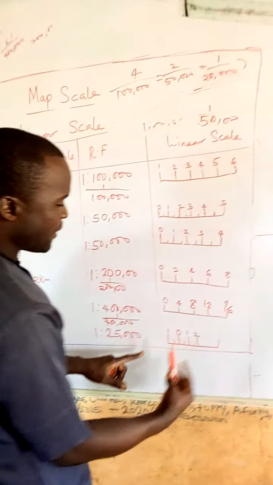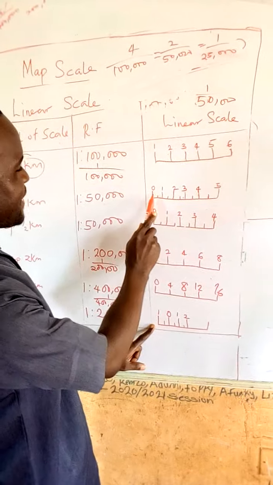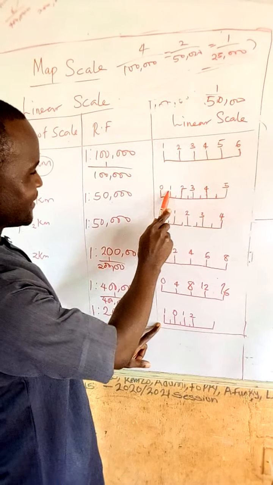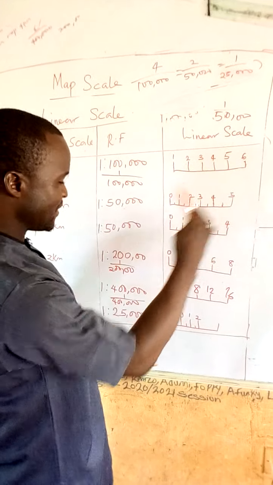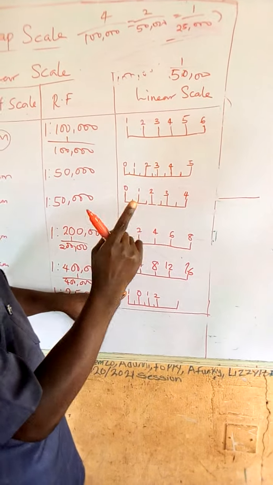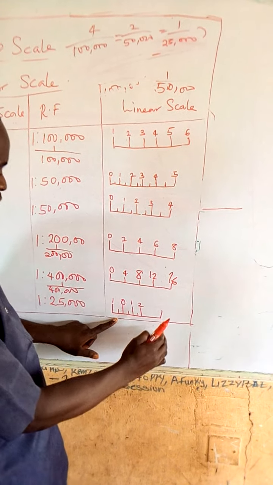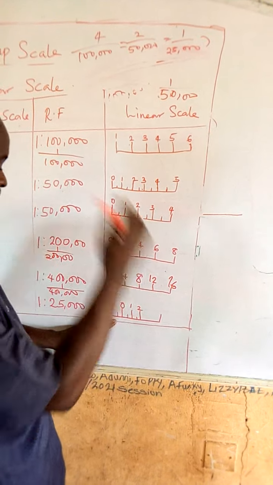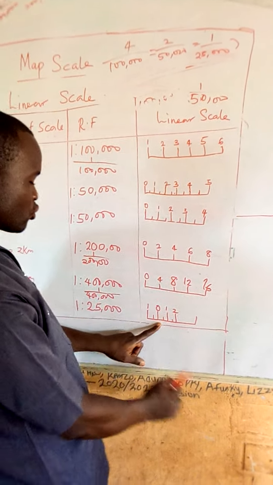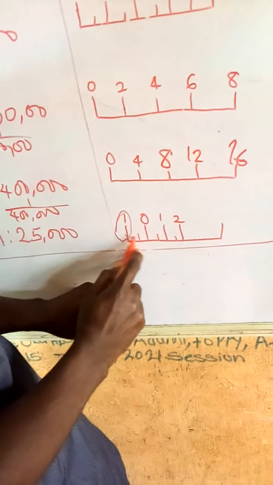And for the linear form here, remember when we were dealing with this 1:50,000, we started from 0, 1. There is something in the middle. When you divide 1 into 2, that is half. Here, they started with 1, with 0 again. That 0 there is just to convince you. What you need to do is minus this from this, which is 1. When you divide 1 into 2, it is half. That one they've started with here, you are not going to divide it again. By the time you divide this one again, you are going